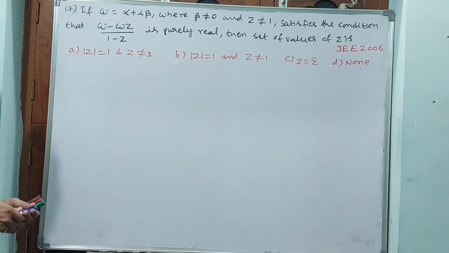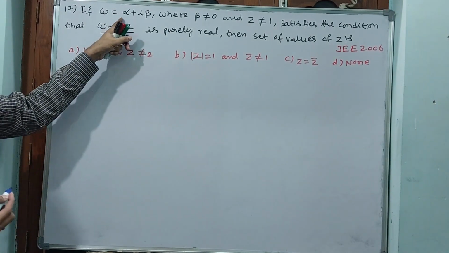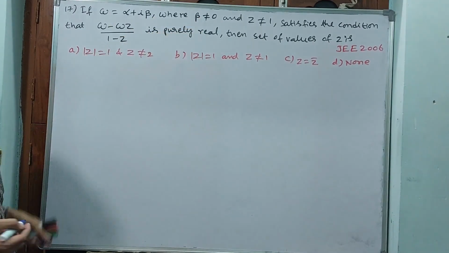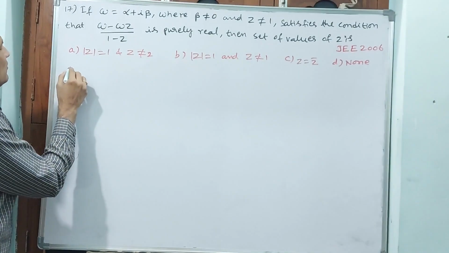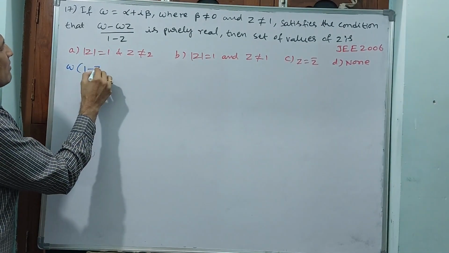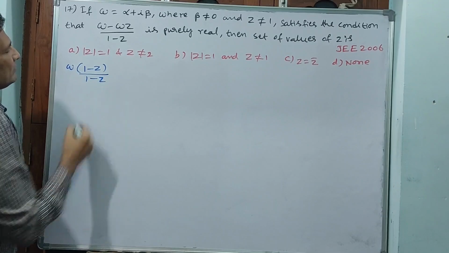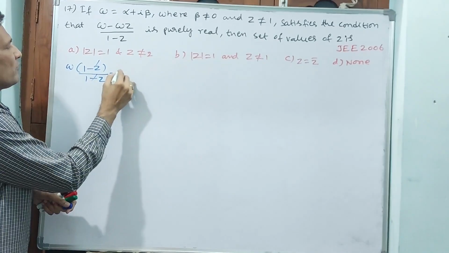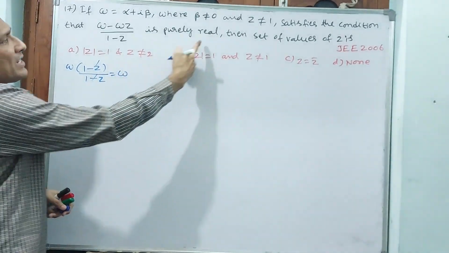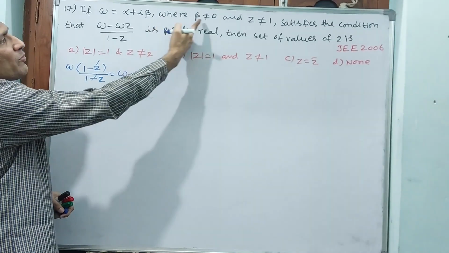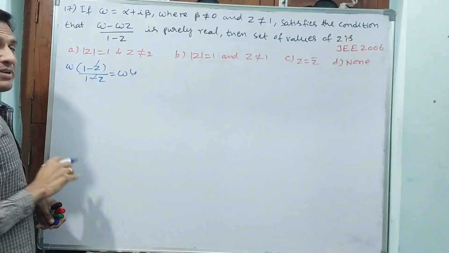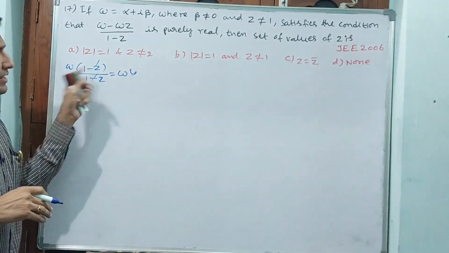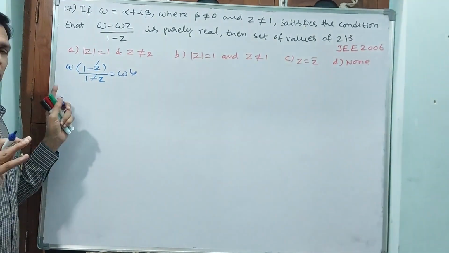See accordingly, omega is equal to alpha plus i beta they have given, and they have clearly mentioned beta is not equal to 0. That is why we cannot do this. What you see? If I take omega common, 1 minus z by 1 minus z will come. Omega minus omega z, then 1 minus z, 1 minus z, if you cancel, omega will come. This omega is purely real, but here omega is not purely real, it is imaginary. That is why this concept is not correct. This way we should not go. In complex numbers, cancellation is not going to work here.